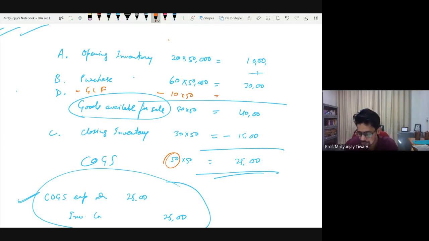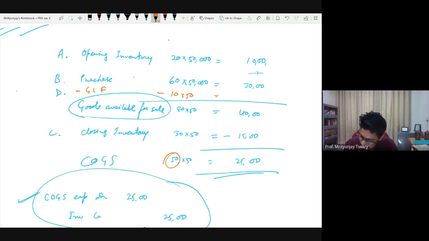Now what happens if these prices change? For convenience, I'm assuming the same prices. In real life, prices can change. So one question would be, what do we do when the prices change? That part you ignore for the time being. There is a separate dedicated chapter for this, so we'll discuss it then. For now, just assume prices are not the issue, only the units are. This is what we do.